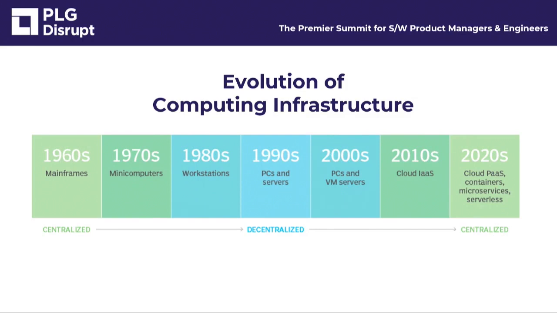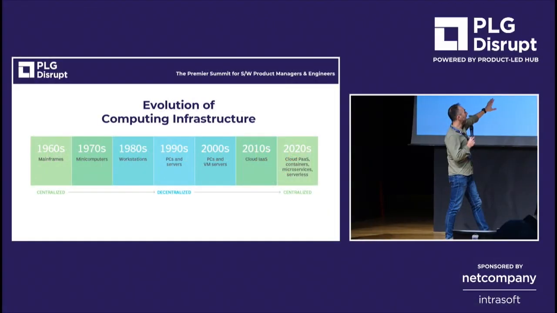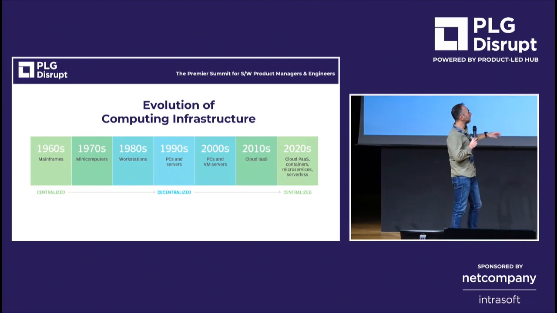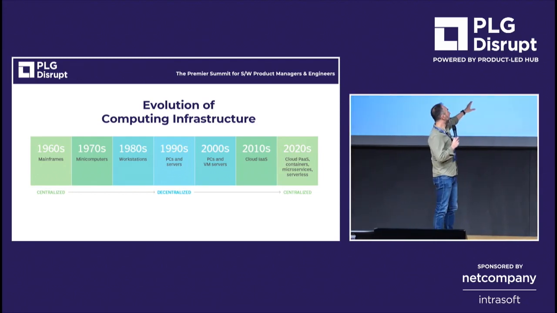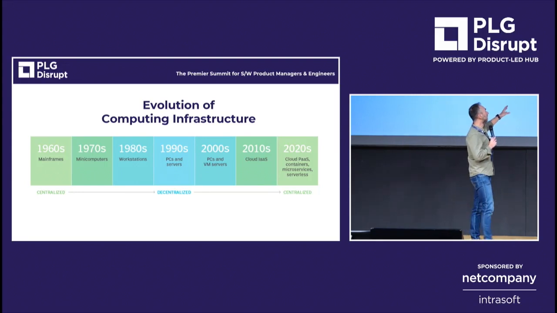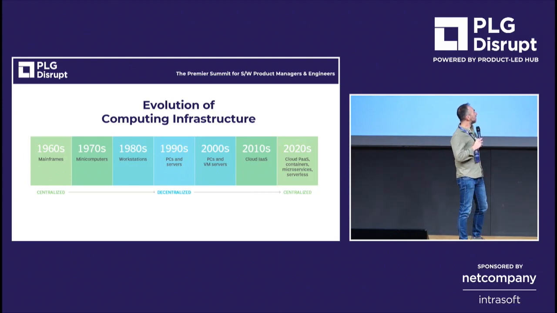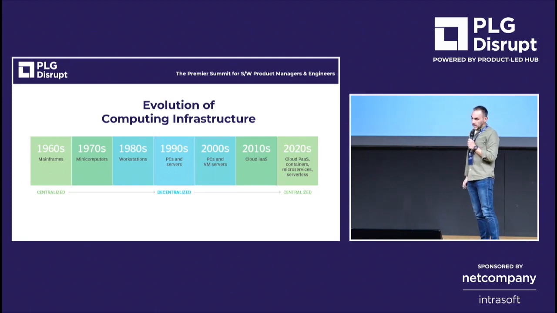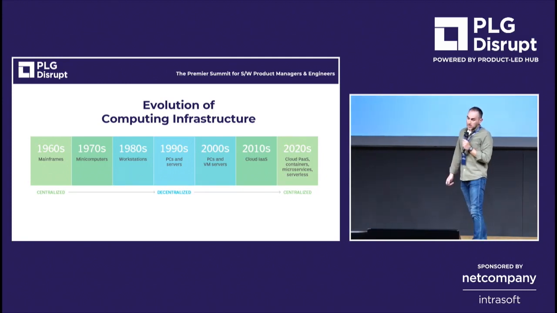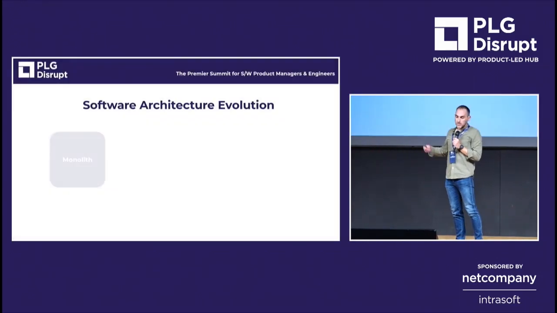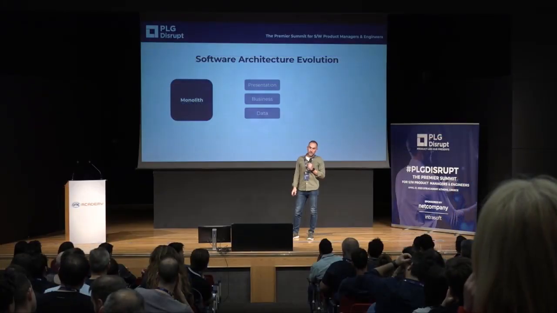Starting from the pre-PC years of mainframes and minicomputers, to the 80s and 90s with workstation PCs and servers, to the 2000s where VM servers set the base for the cloud as we know it. In the last two decades, from infrastructure as a service providers to platform as a service, containers, microservices and serverless infrastructure. And I think it's also interesting to see how software architecture evolved and adapted to these changes